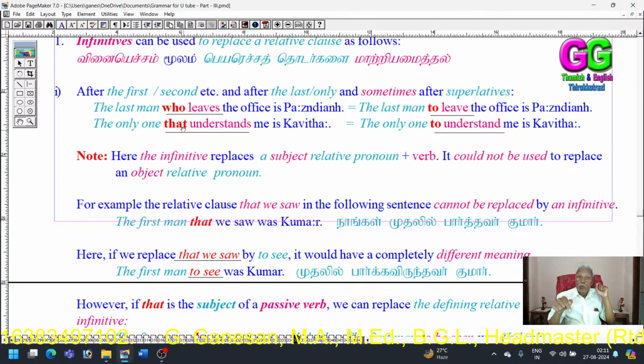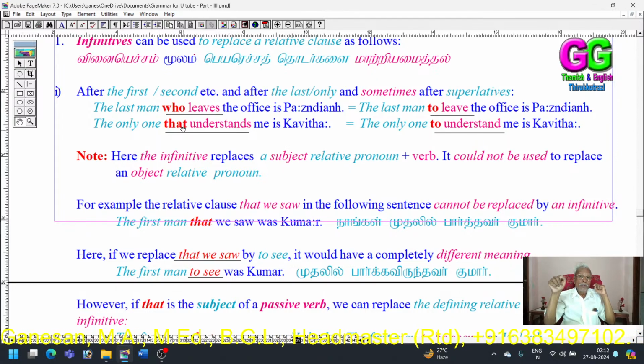Here, the infinitive replaces a subject relative pronoun plus verb. Only when the relative pronouns "who" or "that" act as the subject can we replace that relative clause by an infinitive. But when the relative pronoun acts as an object, then we cannot replace that relative clause